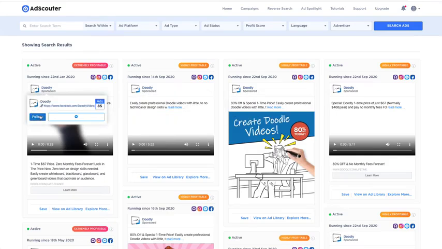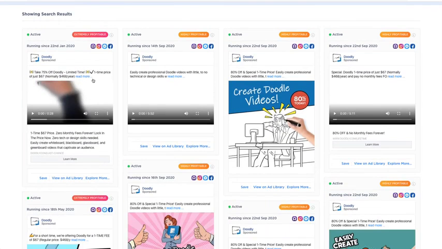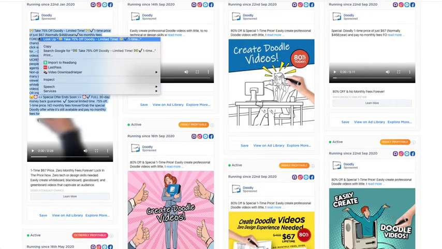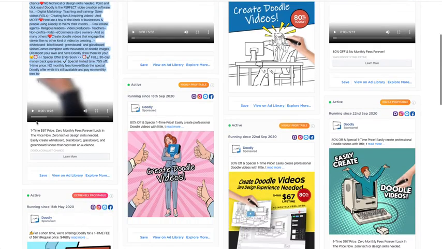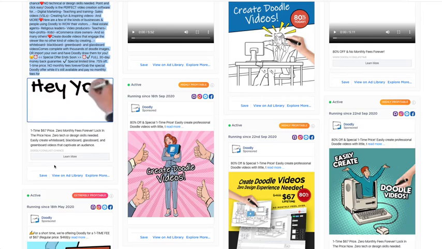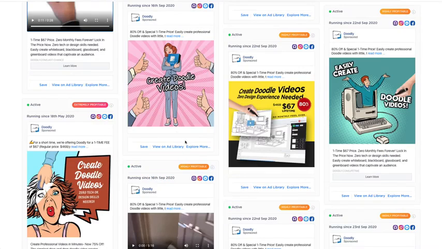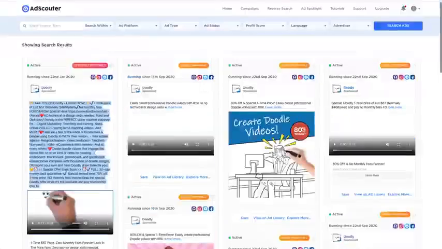I could follow Doodly to get updates on their ads. I could visit their Facebook page. But what I mostly want to see is which ads are working really well now. So I would view the text. I could copy this, and I could start changing this text for my own offer. I could view the video, and I could see that this video is something that I may want to replicate myself. I could send this to my video designer, show them what's working right now. I can even download this if I wanted to, so I can actually download this video, and I can then use that information. I could download this image if I wanted to,